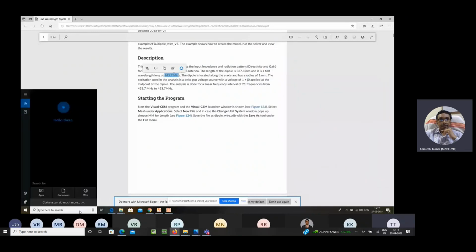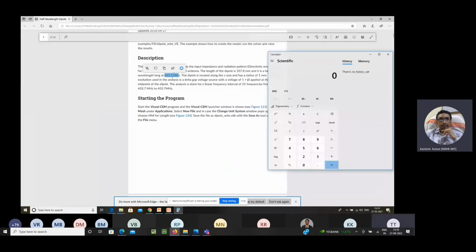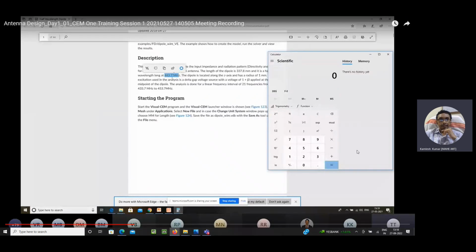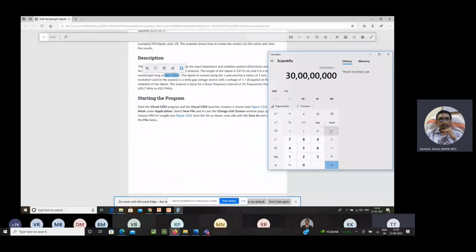So the desired frequency is 443.7 megahertz. You have to divide your C value, which is nothing but 3 into 10 to the power of 8. That's the reason I took this. Then divide by 443.7 into 10 power 6. So here I'm getting